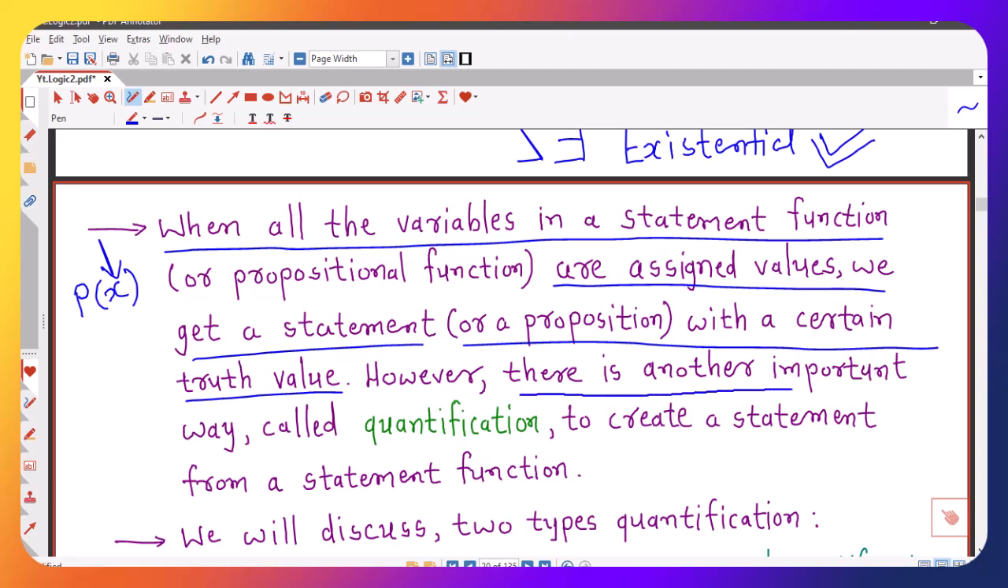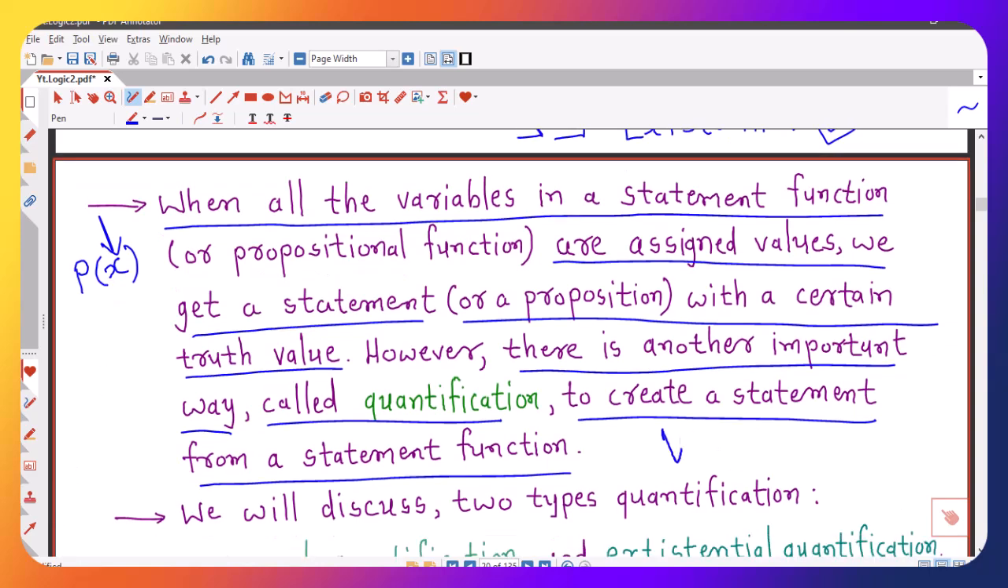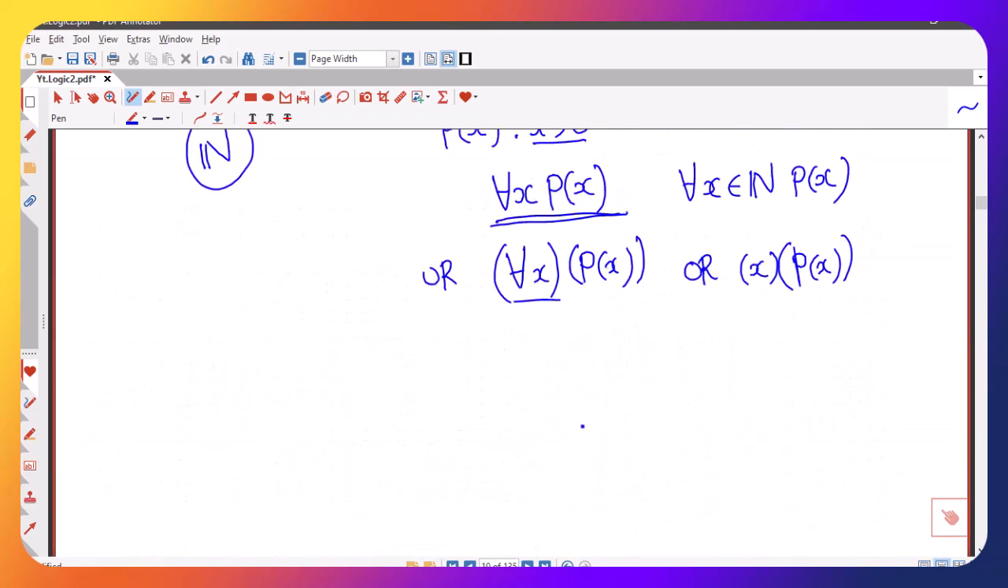However, there is another important way, called quantification, to create a statement from a statement function. So we can use another way as we discussed here: for every x, x is greater than 0. So this is called quantification of the statement function p(x), which is x is greater than 0. So this is another important way to create a statement from a statement function. Whenever I am writing that for every x, p(x), where p(x) denotes x is greater than 0,